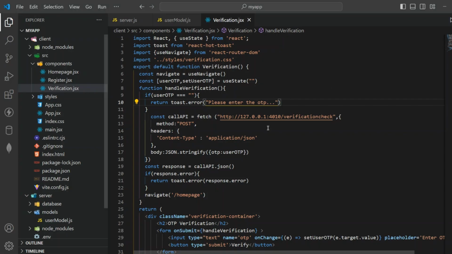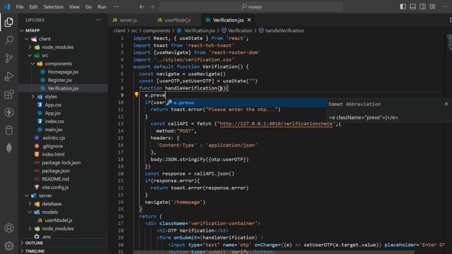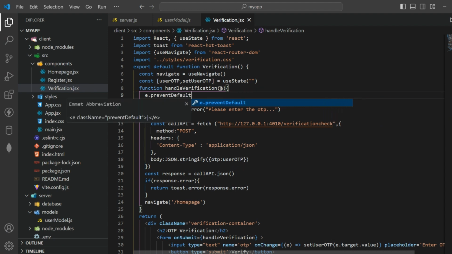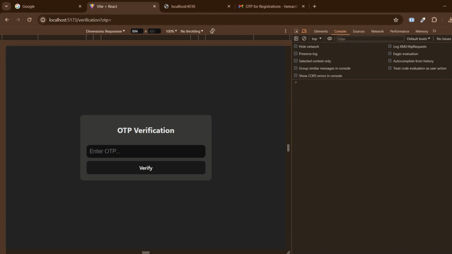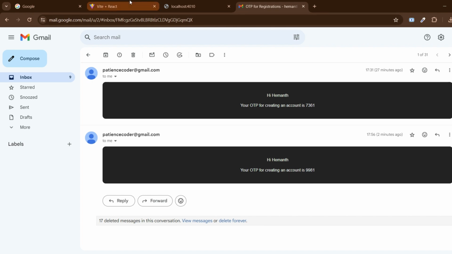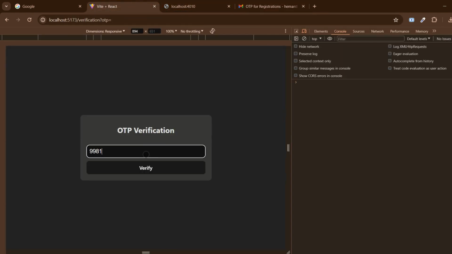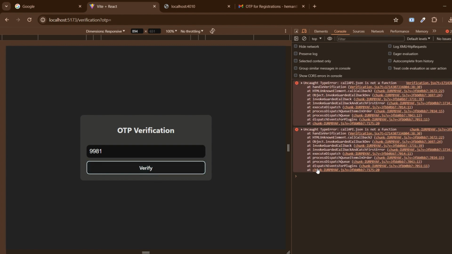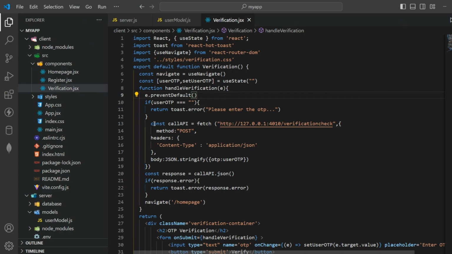Okay. Let me prevent the default behavior of the browser. Now let's check. If I click on verify without entering any OTP, it is sending a pop-up message like please enter the OTP. Let's enter this 9981. The API.json is not a function. Okay guys, we are not awaiting the